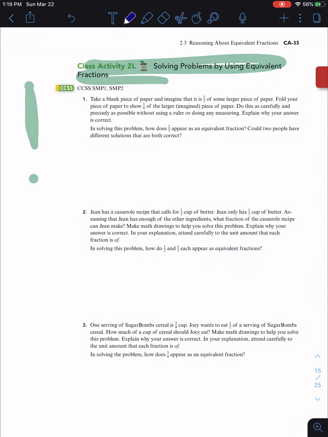So let's take a look at problem 1, and I'm hoping that you've already looked at it so that you're listening to this explanation after you've tried to play with it on your own and you've tried to figure it out on your own. So let's take a blank piece of paper and imagine that it is 2/3 of some larger piece of paper. So if we have a blank piece of paper, I'm going to draw it out, and this is 2/3. So this is the number of pieces that you have, and this is number needed